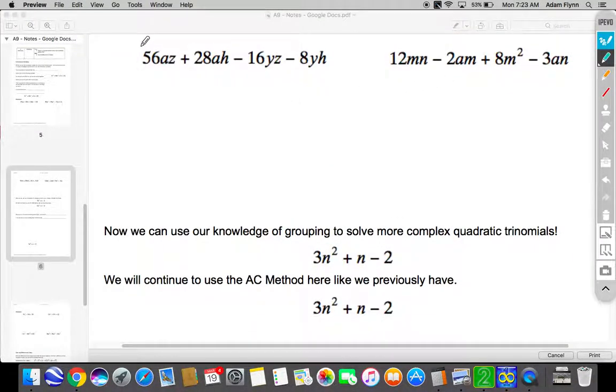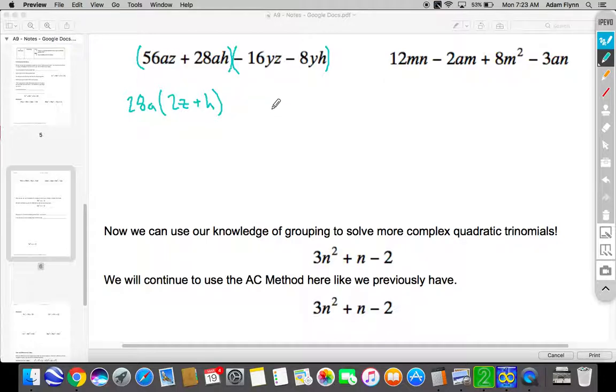All right, next example. So I'll group 56az plus 28ah. I know both of those are divisible by 28a, and that will leave me with 2z plus h,